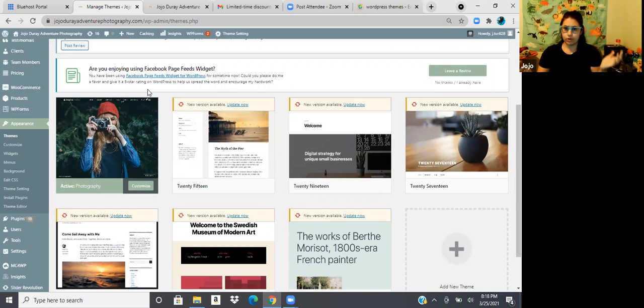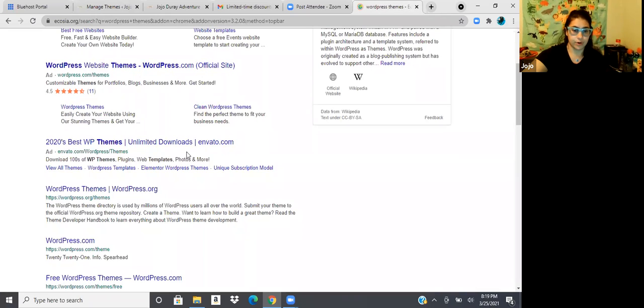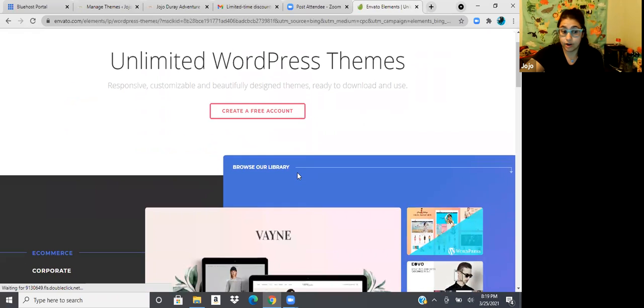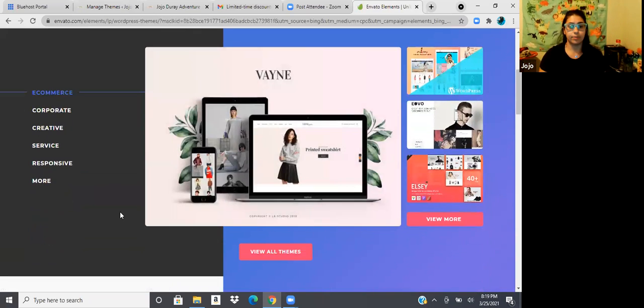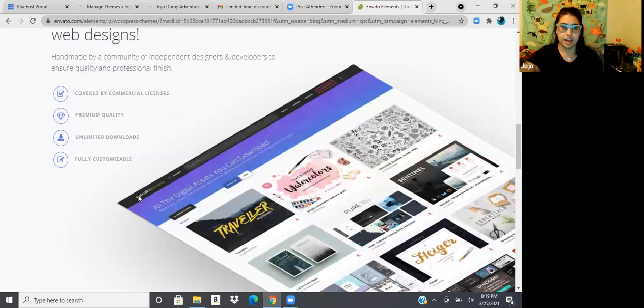And if you look up on Google, you can search for WordPress themes, and it's going to bring up a bunch of different sites. You can look through and find one that looks the best to you. Depending on what style you want, you can type that in to help narrow down your search. Once you find your theme, they range from being free to about $50. But once you buy it once, it's yours and it keeps updating. So it's just a one-time purchase.